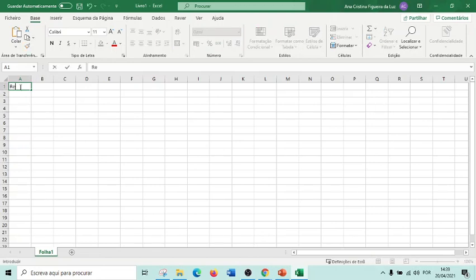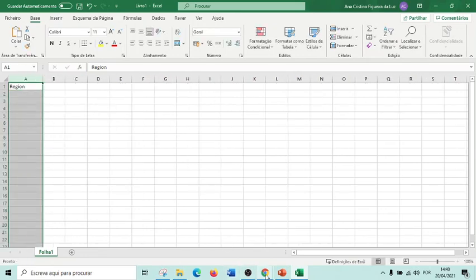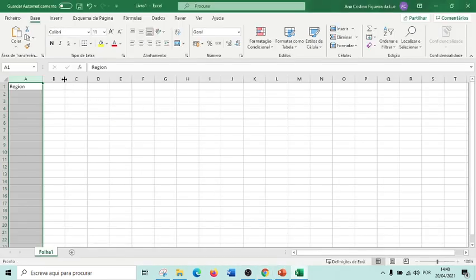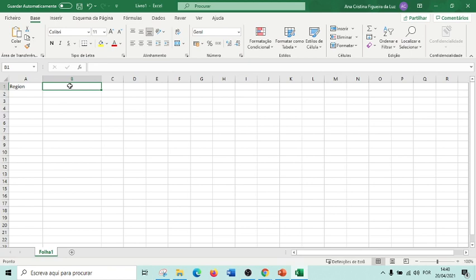So I can also put here the region, like what I had over here, and instead of tree name I'm going to choose main, well, let's not leave spaces, main attractions,